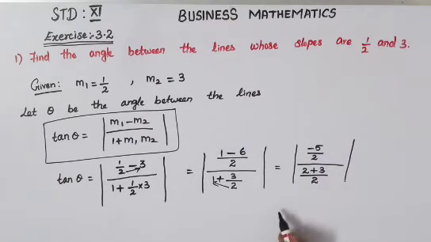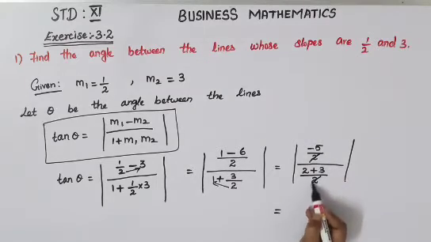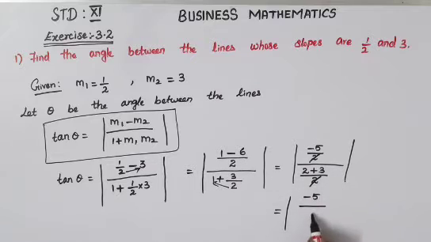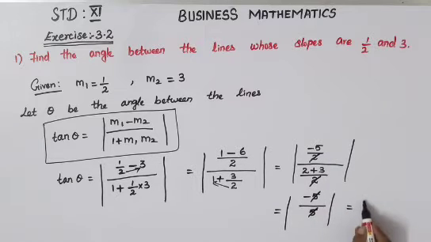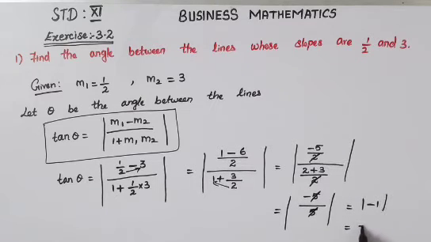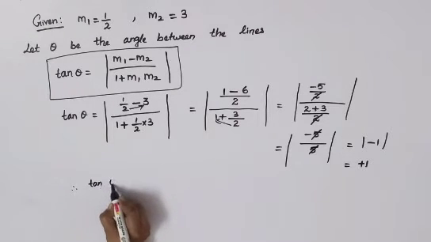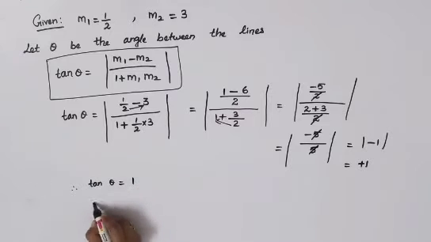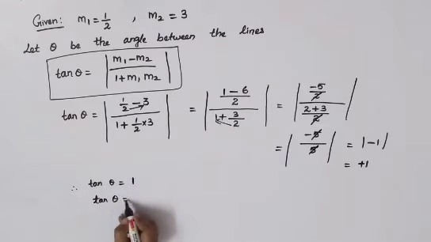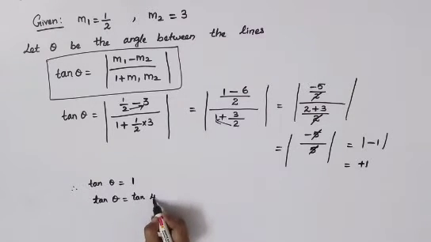That is in modulus. Okay, so which is equal to, now you can cancel this 2 and 2. So I'll have modulus of minus 5 divided by 2 plus 3, you will get 5. So cancelling 5 and 5, you will get modulus of minus 1, which is equal to, when you take out from the modulus, you will get your answer as plus 1. Therefore, we have got tan theta is equal to 1. We know the value for tan theta should be 1, means you will get tan 45. Using your table, tan 45, you will get 1.